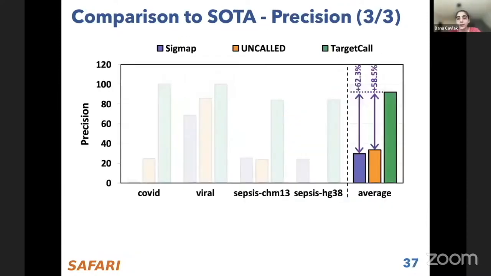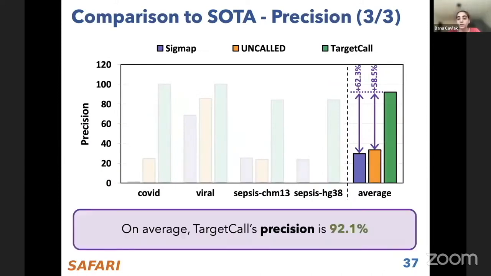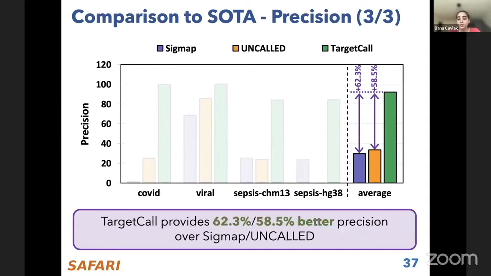And lastly, we compare the precision of TargetCall against these adaptive sampling approaches. First, we concluded TargetCall's precision is on average more than 92%. Which shows that TargetCall can really eliminate the wasted computation in base calling by filtering out the useless reads before the base calling step. And our second conclusion is that on average, TargetCall can provide up to 60% better precision than